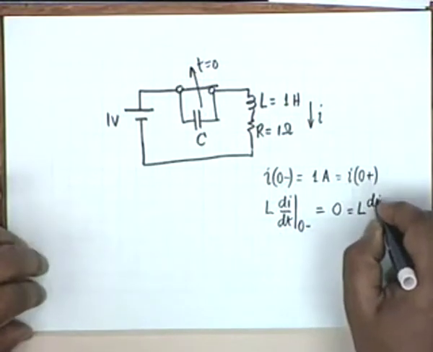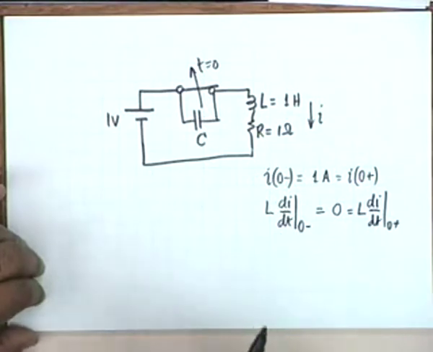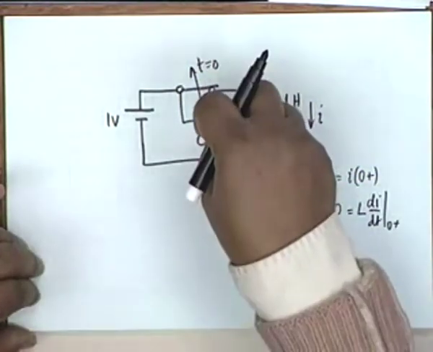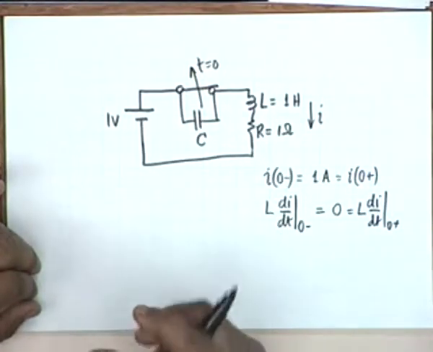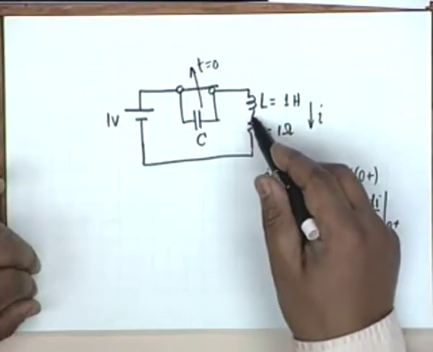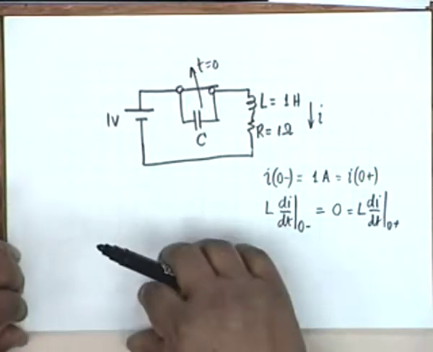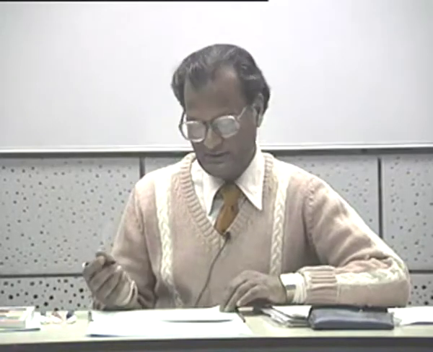In other words, this is also true for L di/dt at 0 plus. Not only here the current cannot change, the voltage also cannot change, because we have made it a constrained situation, that is, the capacitor has been suddenly switched in, and since the current cannot change, the total drop occurs across resistance. So you must look at the problem to be able to determine the initial conditions.